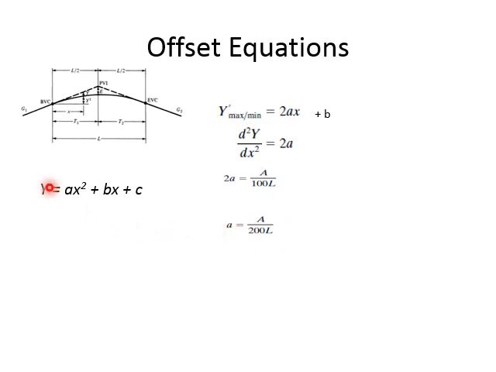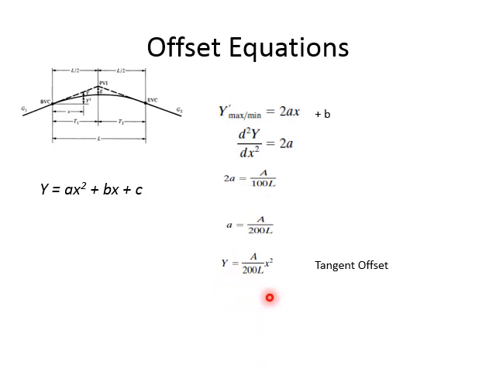Now if you come back to this equation, small a is the first coefficient in the equation. So this coefficient is equal to y, offset. Okay, so what is an offset? It's a difference in elevation of the gradient or the tangent and the curve, and it is calculated as small a. And small a from here equals this. Okay, so this is what we call the offset.